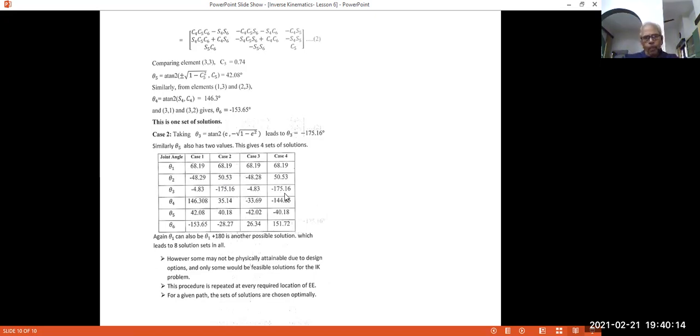Not only that, when you made theta 1 equal to atan2 of y comma x, that is one angle, maybe some 20 degrees. Plus 180 is also possible. If theta 1 is 20, 200 degrees is also a possible solution. If you take that solution, you will find that you get another 4 sets of solutions. So for this particular case, you have 8 sets of possible solutions that will give you that